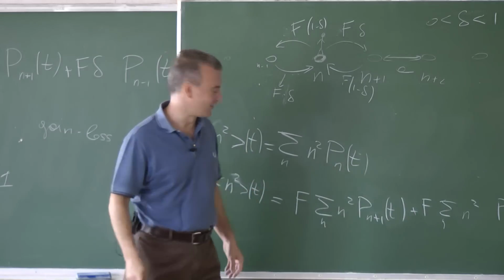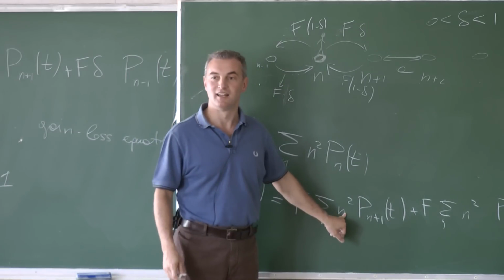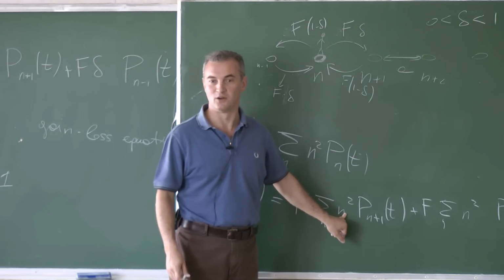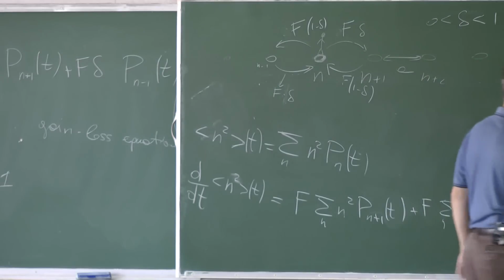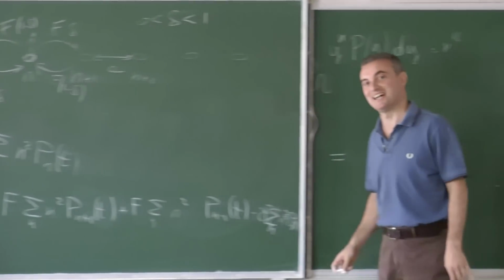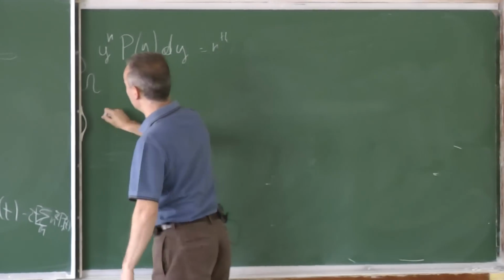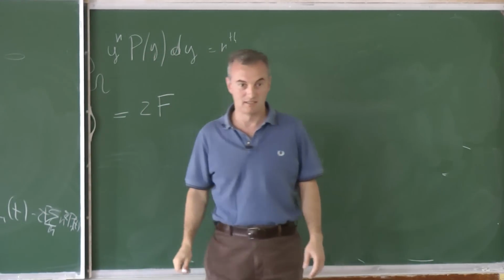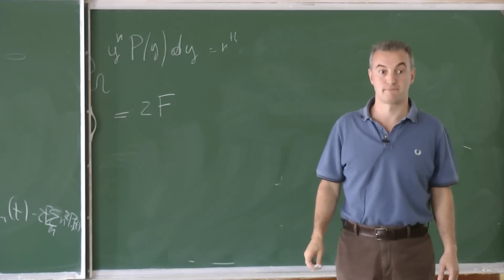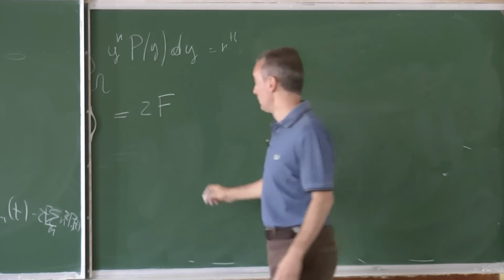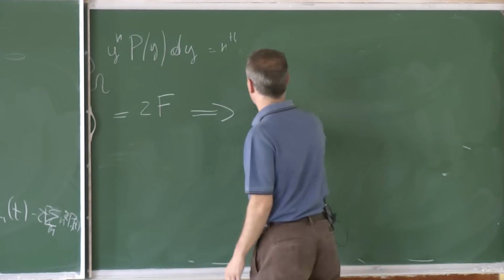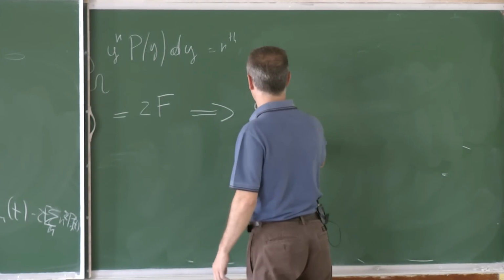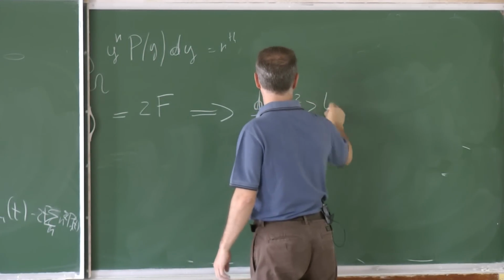Very good. So, should I do it? Should I not do it? No. No, okay. So what you get? Homework. Okay, that's right. Good homework. So what you get is 2f, which means that the derivative of the mean square displacement over time